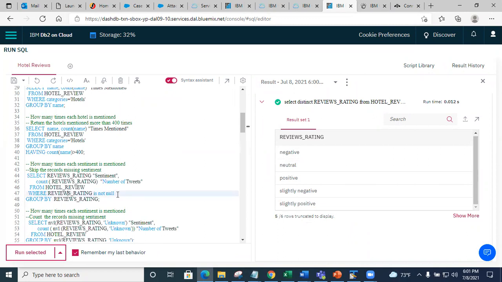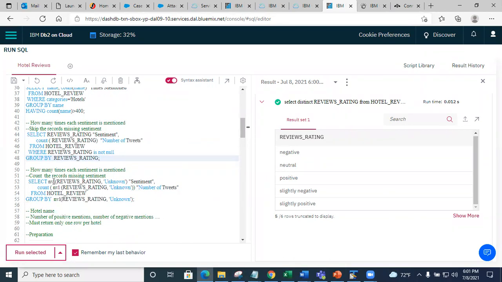I'm saying where review rating is not null just in case, because it's quite possible that you would have rows where the review rating is unknown. But here, this is what it's doing: it's doing the counts, and if a rating is unknown, I want to skip it. This is how you would do it if you had missing values.